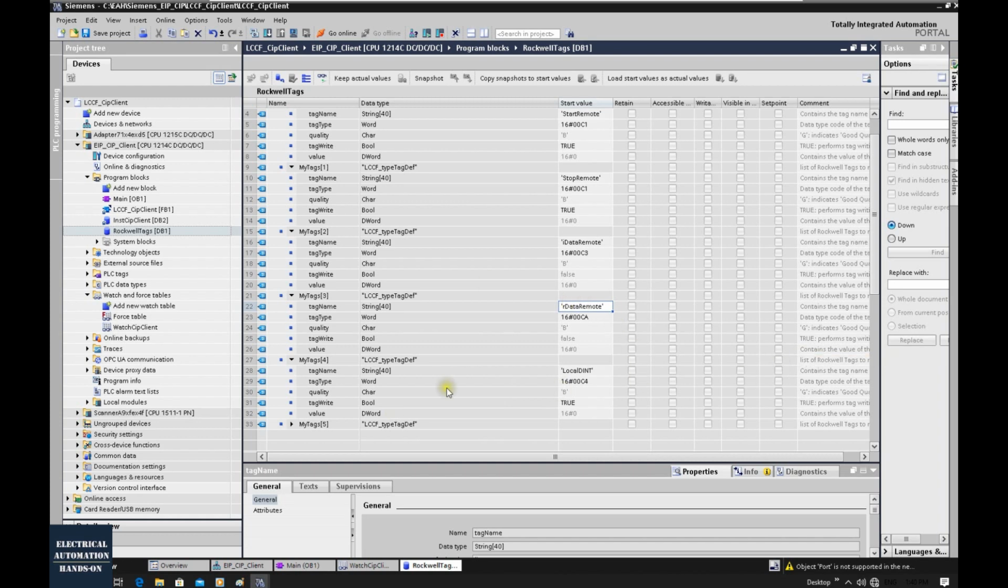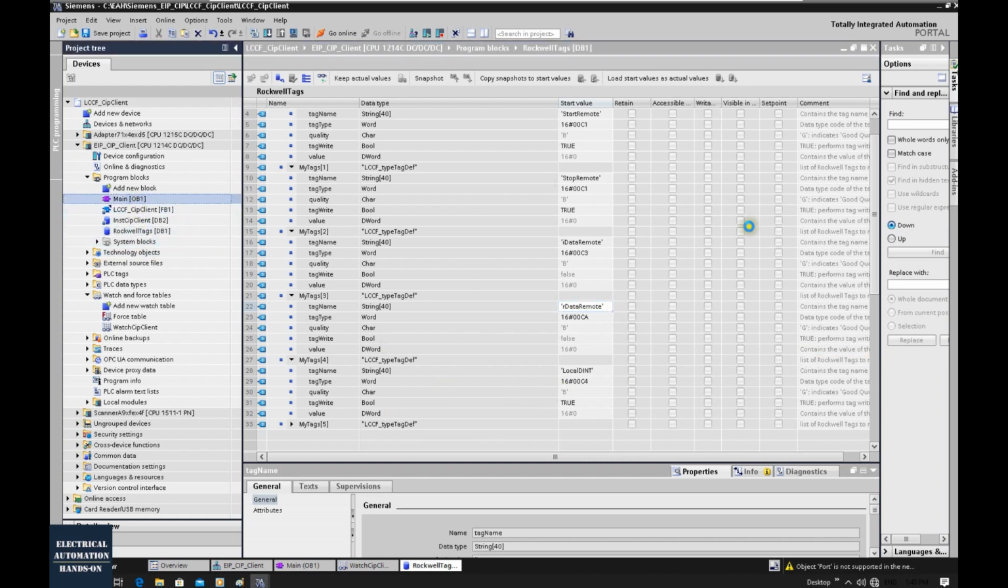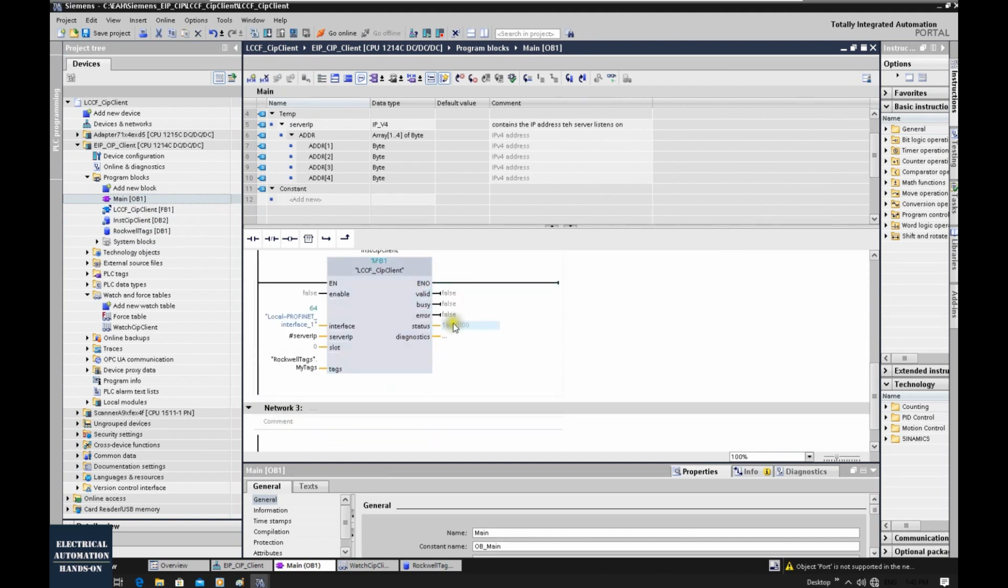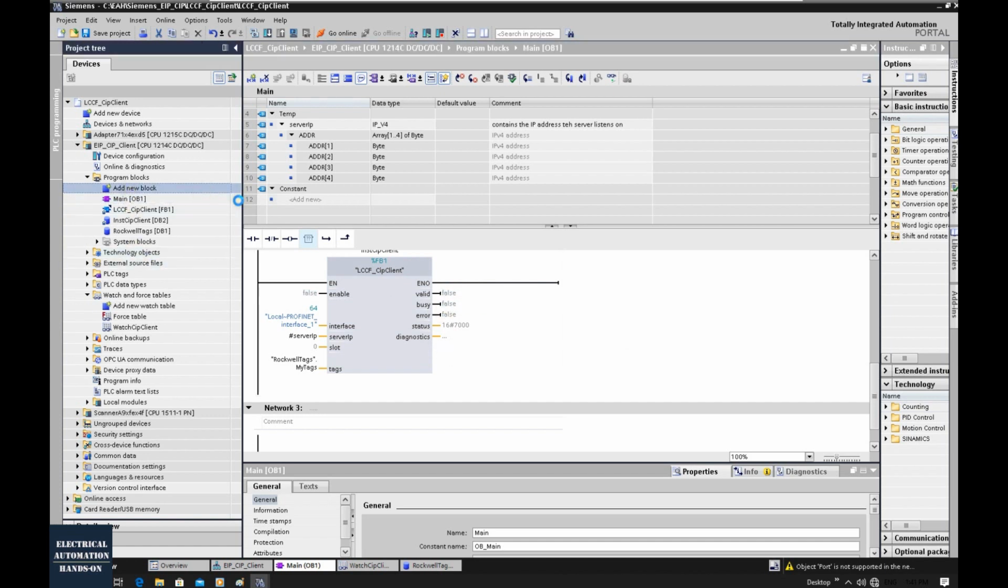Okay, after this, let's go back to the main one. From this example, its output here is the default, without any output variable. I highly recommend we create one DB and receive all this info here, in case the communication goes wrong, so we can diagnose the status. Okay, so here at the new block,